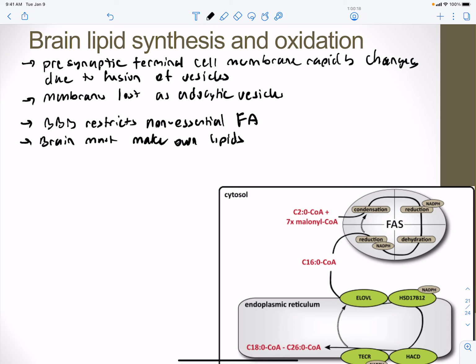So the essential fatty acids will have a transporter to get in. Another thing, very long chain fatty acids are important for myelin formation. So these are very long chain fatty acids. And so, of course, peroxisomes are going to be important in your brain to break down those very long chain fatty acids as well. So the elongation of your long chain fatty acids requires 4 enzymes. And you have your elongation of very long chain fatty acid,